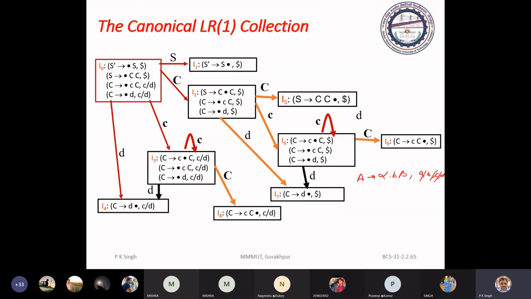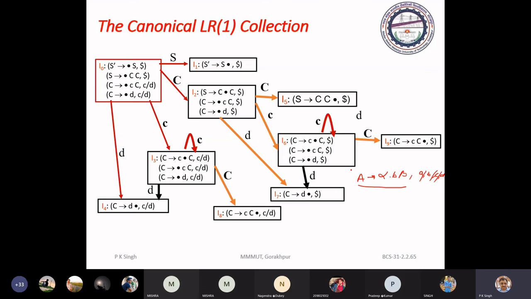An item, the core is this. For this core, in LR0, you will get at most one item set.